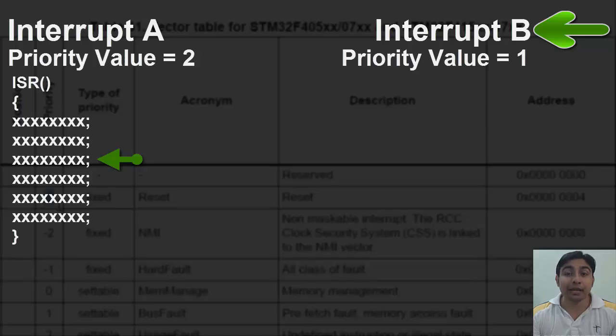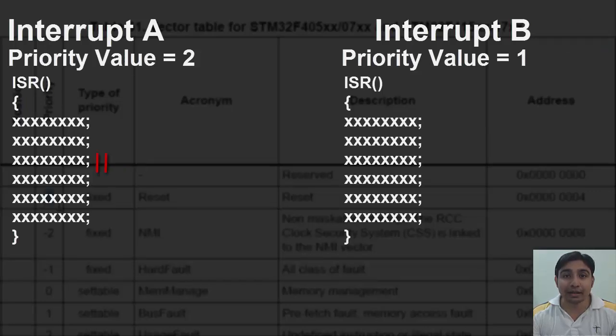What will happen is the microcontroller will hold this execution here, and it will go to the ISR of interrupt B and execute all statements of that ISR.